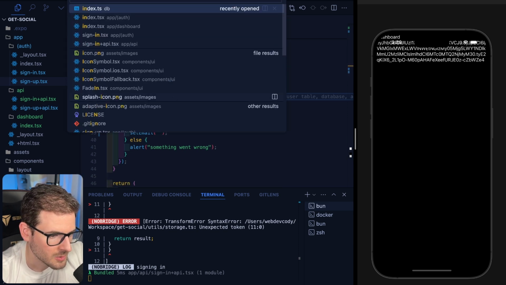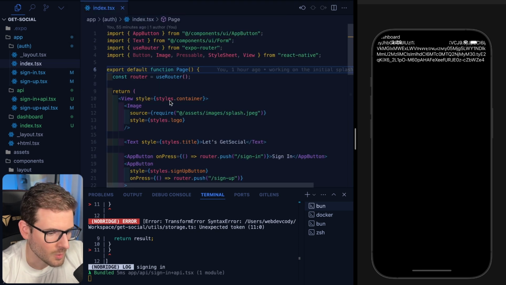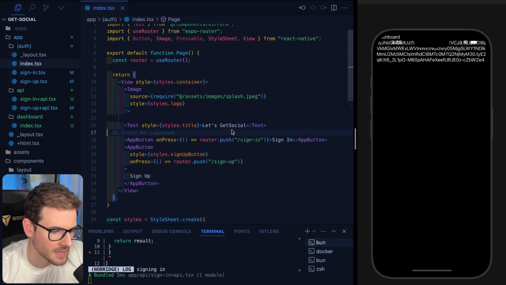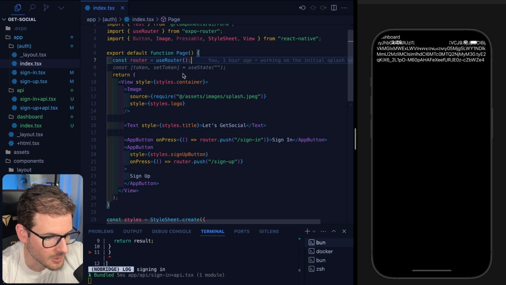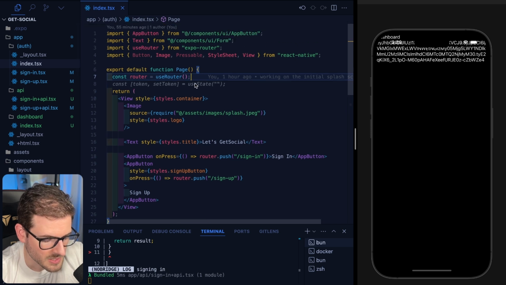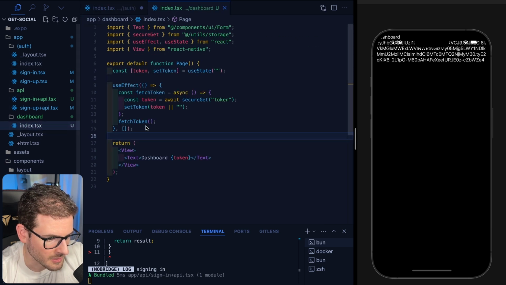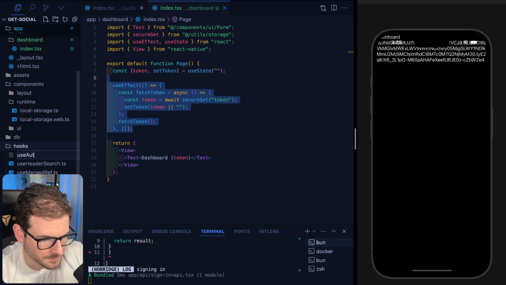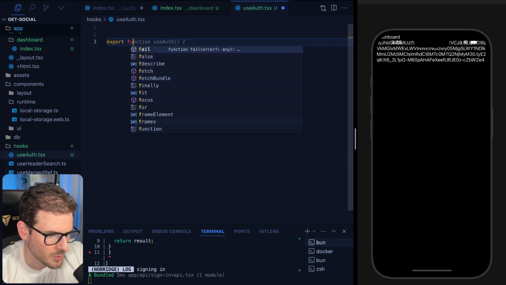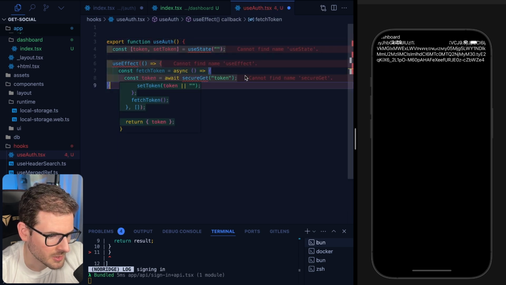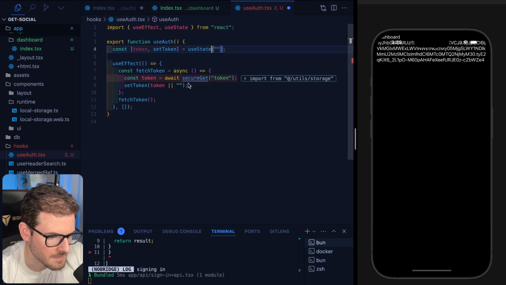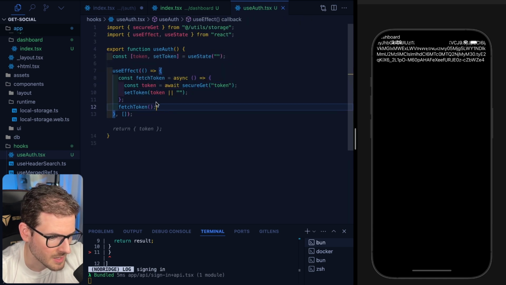Because when we go to our index, we could run a check to say if we're logged in, aka we have a token, we could just automatically redirect the user to a different location, right? So I'm going to add an effect in here, which we did here. I could probably pull this out into a hook, and I could say useAuth.ts, export function useAuth, and we're simply going to do that function call there. So we want to get some state, do a secure get on it,